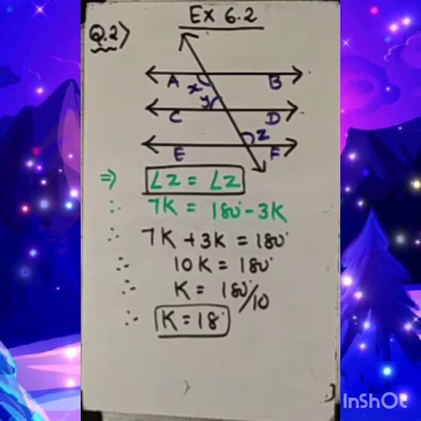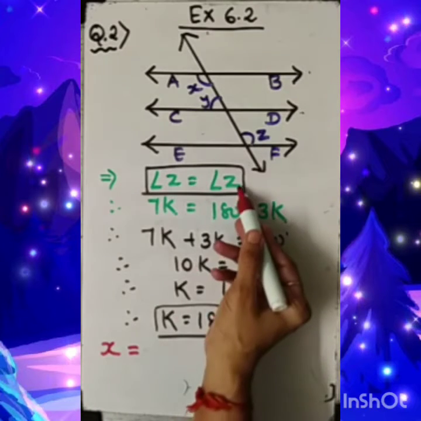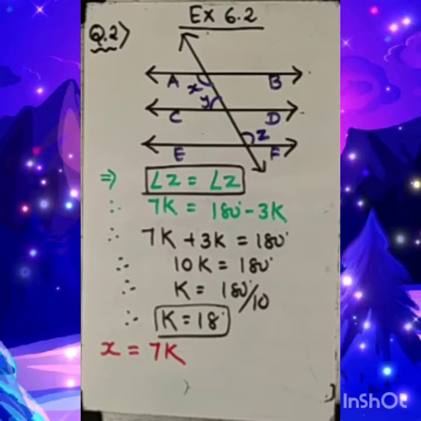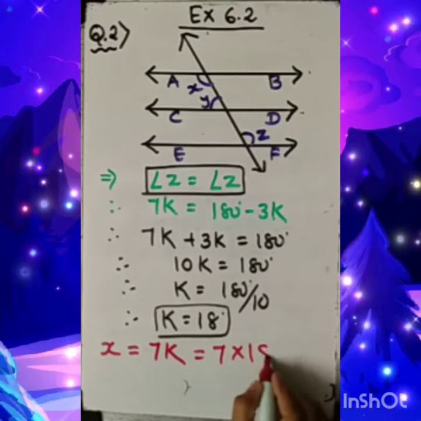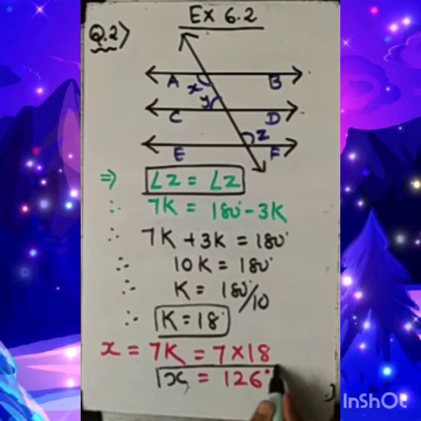That is very important to find, because now only we need to find the value of x here. Okay. And as we already said, the relation x equal to z, and the value of z is with us, 7k. So I can say x equal to 7k. So 7 multiplied by 18. 7 into 18. Let's multiply. 8 sevens are 56, 5 carry over. 1 seven is 7, and 5 carried makes 12. The value of x is equal to 126. This is the required result. Okay. So here question 2 is over.